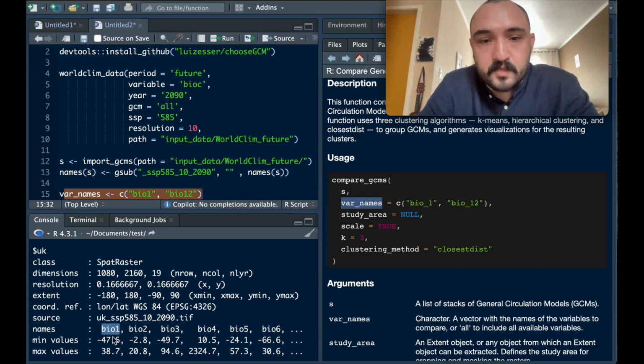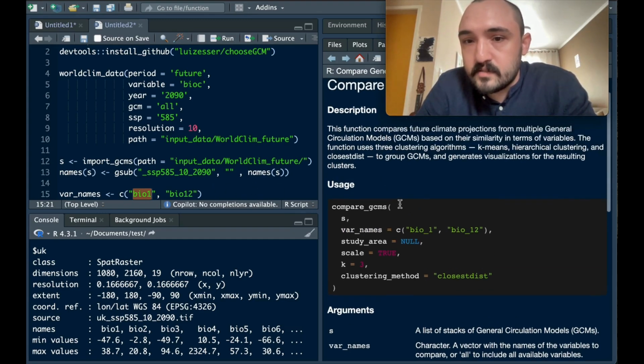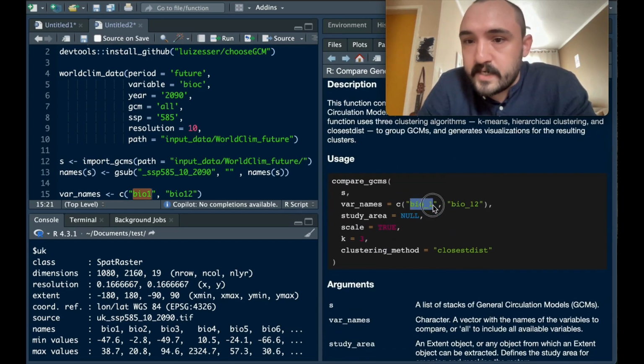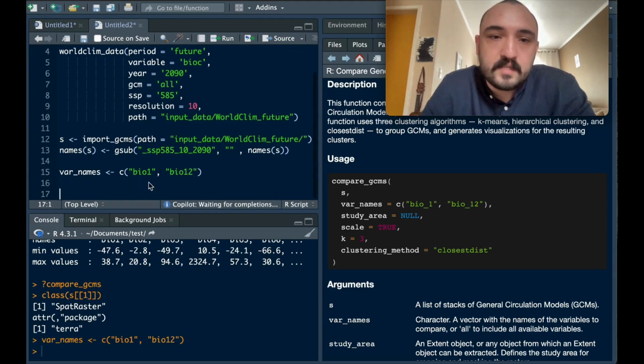So here we have bio 1, bio 2, I put it here exactly the same as below, okay? In the example here, in the usage, we have bio underscore 1, and this would not work, right? Okay, now we have the object S and we have the